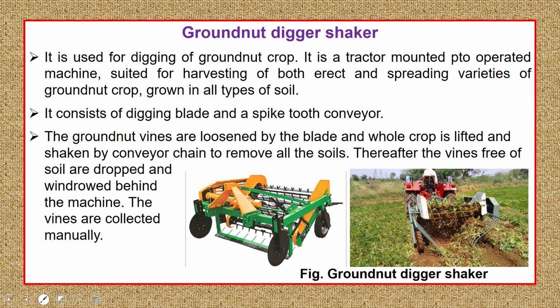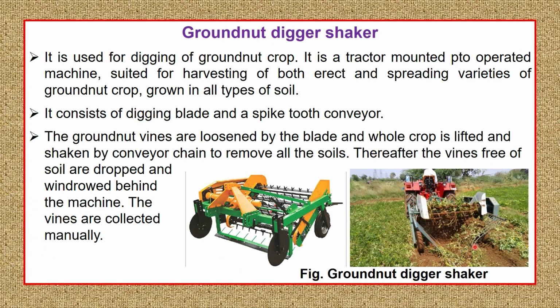If you want to harvest the groundnut crop, then you should use a groundnut digger and shaker machine. This is how groundnut digger and shaker machines look while in operation. They generally come as a tractor-drawn implement, attached to the rear of the tractor, and they use the tractor PTO power to perform the work. They dig the soil with the help of this digging blade, and as they dig, the groundnut along with the mass of soil is lifted and moved onto this conveyor cum shaker,